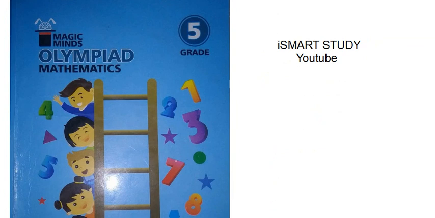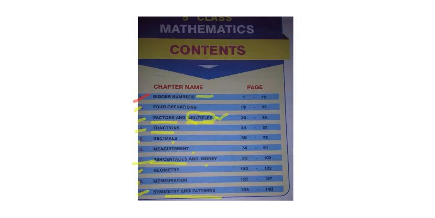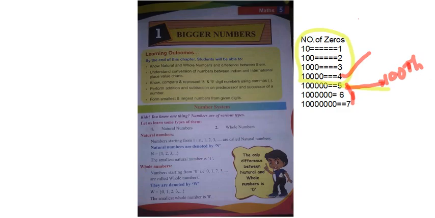So, okay, without any delay we will start the topic. In the topic, what are the contents we saw? We completed the contents. Out of all the chapters, we started the first one, which is bigger numbers. In bigger numbers, what we completed, see that. I will recall all this topic in 1 minute. At the end of the session, we have to learn this, guys.